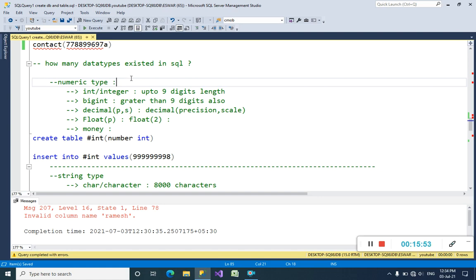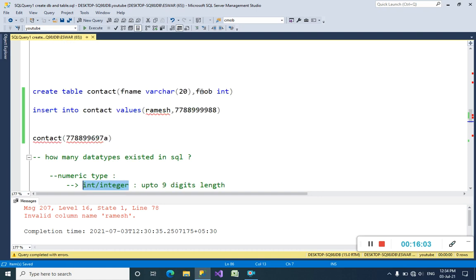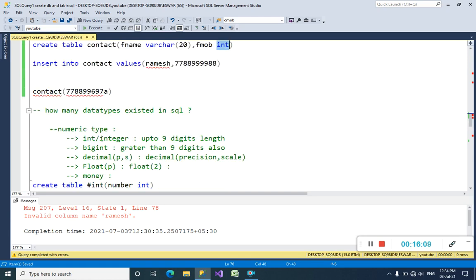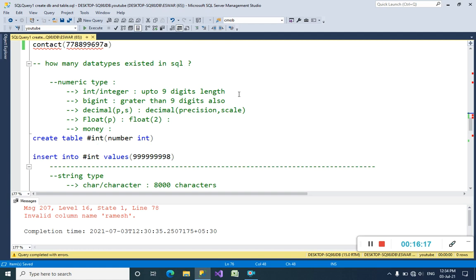See here, the integer data type is there in SQL Server. When you declare a column with the integer data type, we can write int or integer. Int means it can store only numbers up to 9 digits in length.